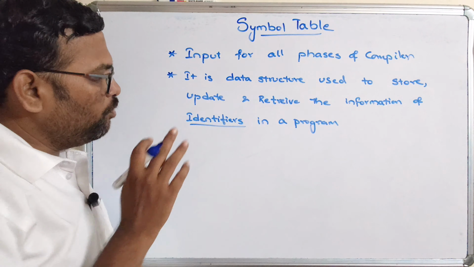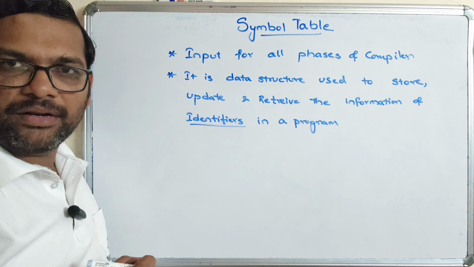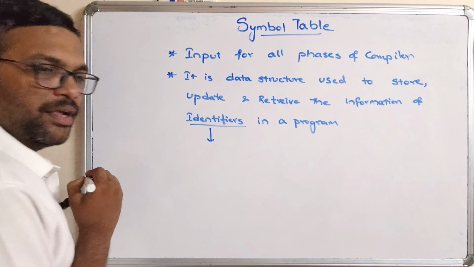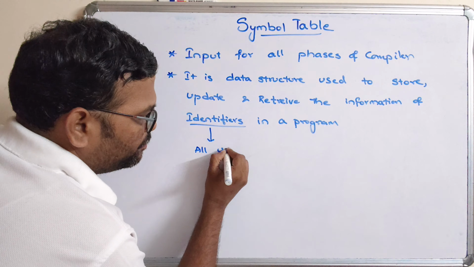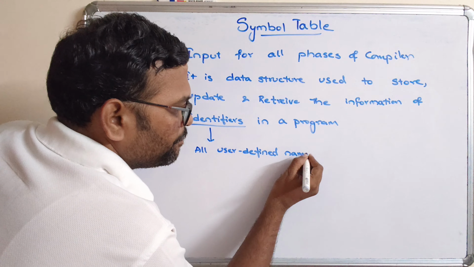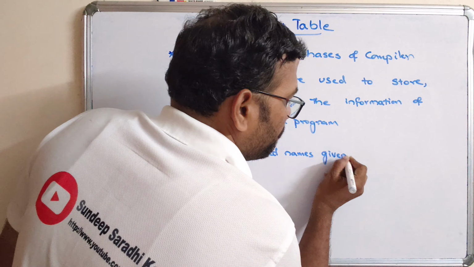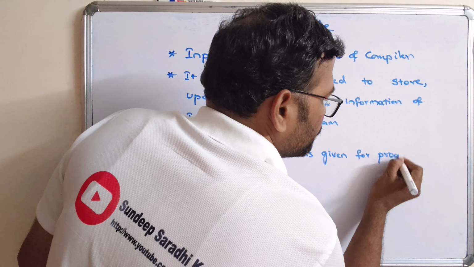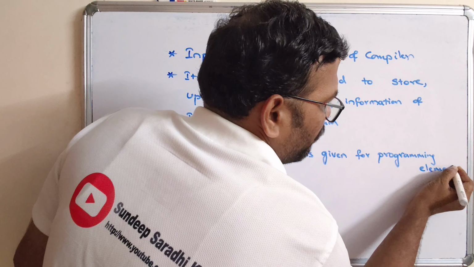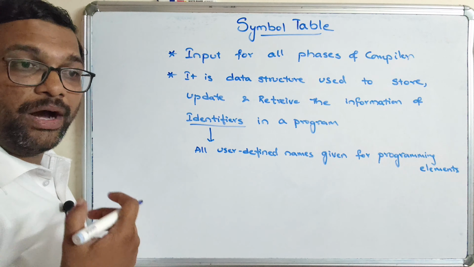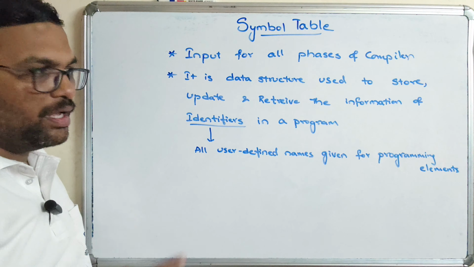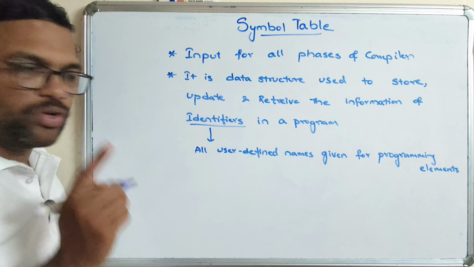Now what comes under this identifier? I hope everyone knows that, but I'll recall it. What comes with the identifier? All user defined names given for programming elements. In our programming, while we are writing the program, whatever user defined names we are giving, that comes under these identifiers. So example,